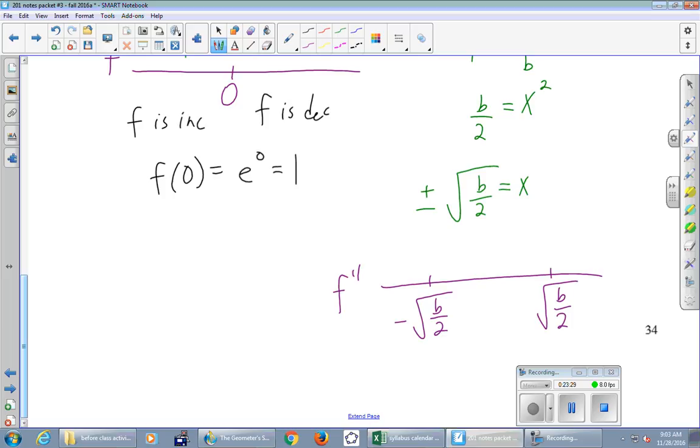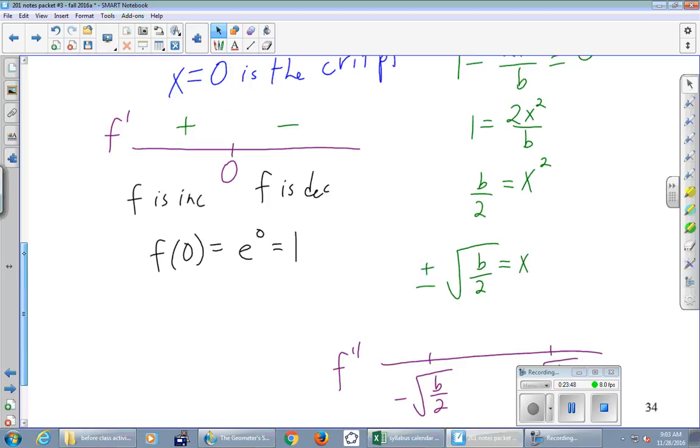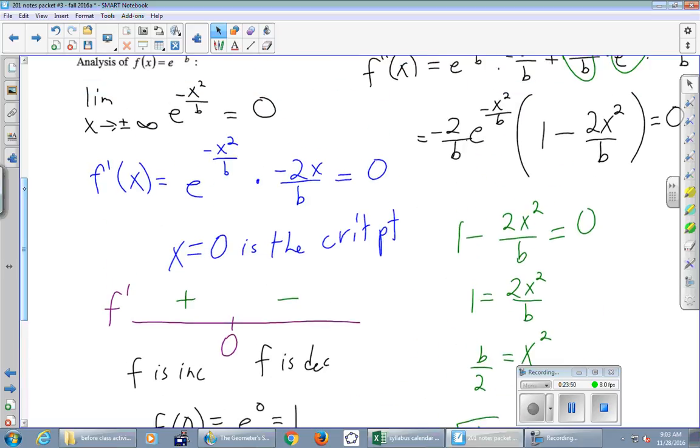In this case, it was the second derivative equal to 0. That's where those radical numbers came from. So we're plugging into the second derivative. Okay, so we're picking something. Let's pick something way out to the right, something massive, much bigger than square root of b over 2. So when we do that, plugging into the second derivative,